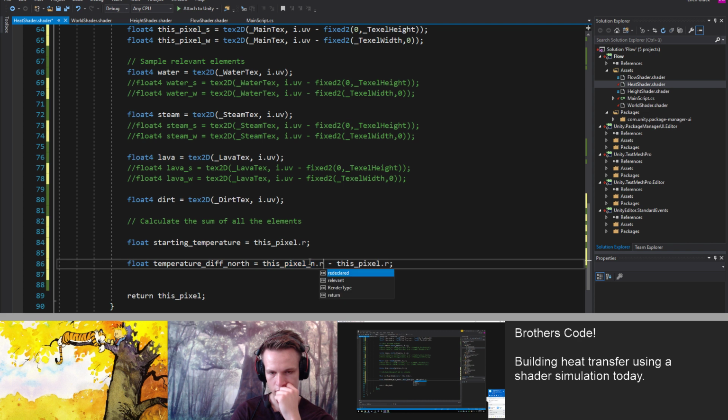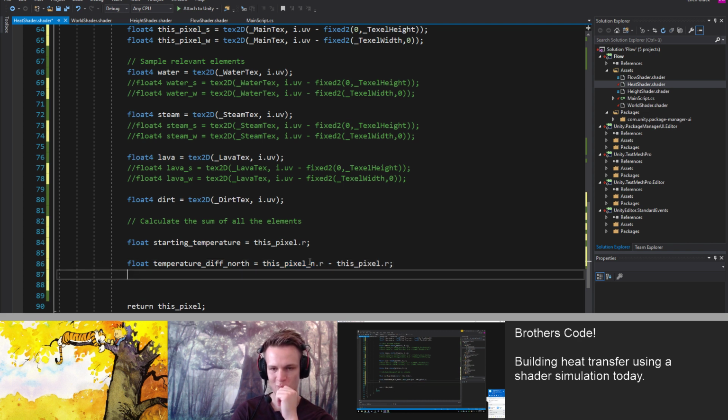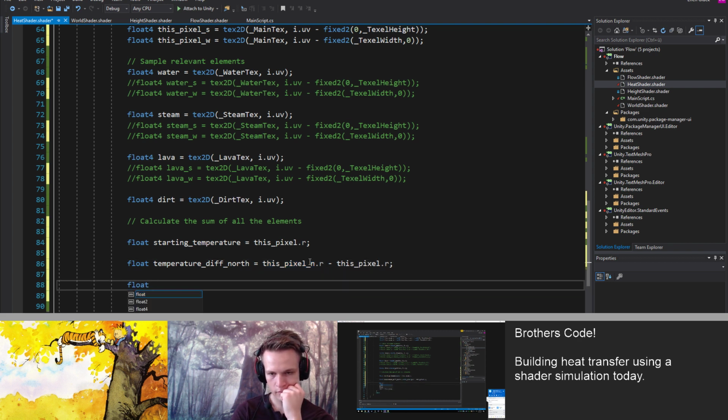So that's the temperature difference. And then what do we want to do with it? We wanted to say what's the difference times the multiplied average heat capacities, heat transfers, which are all ones for now.